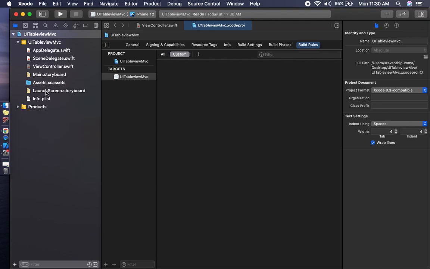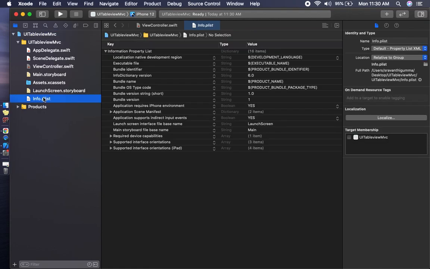And the launch screen storyboard means when your application is launched, this page will be shown to the user, like a launch image. In the Info.plist, it declares the types of launch screen, everything.